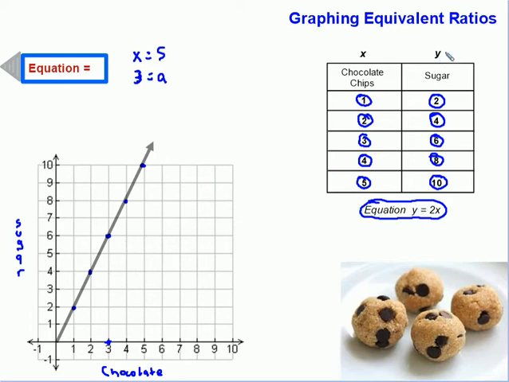In other words, that's what this equation says. For every y, there are 2x. So for every 1 cup of sugar, which is y, right? So we can think of that as sugar. For every 1 cup of sugar, there are 2 cups of chocolate chips. I said that backwards. For every 1